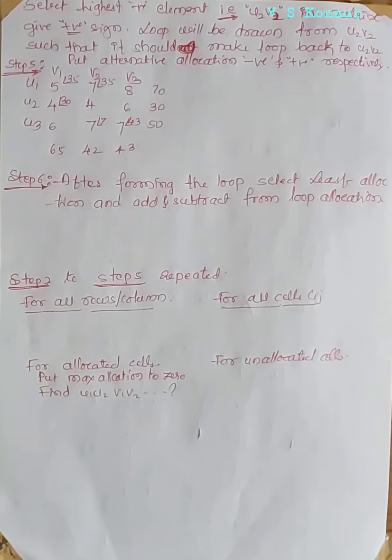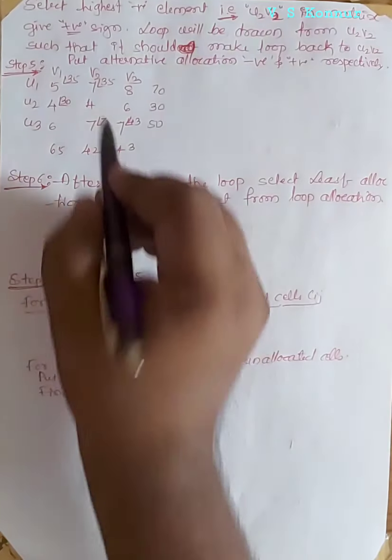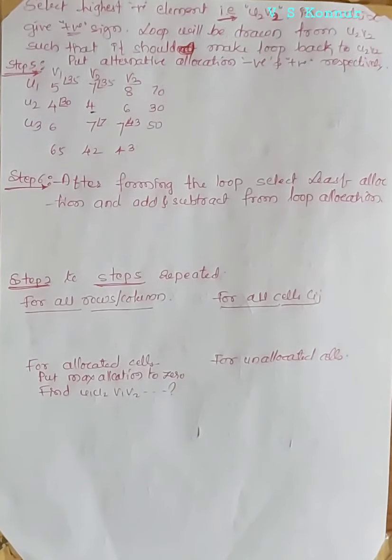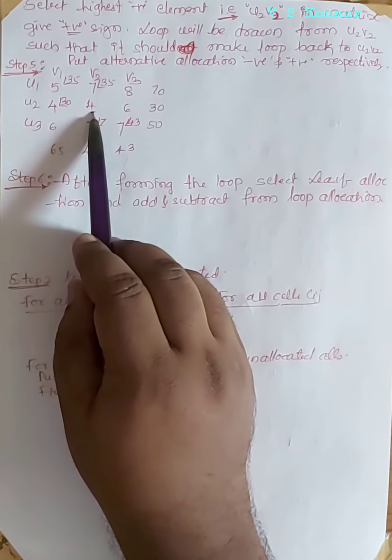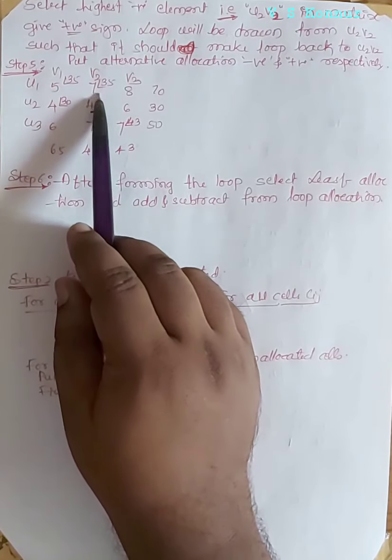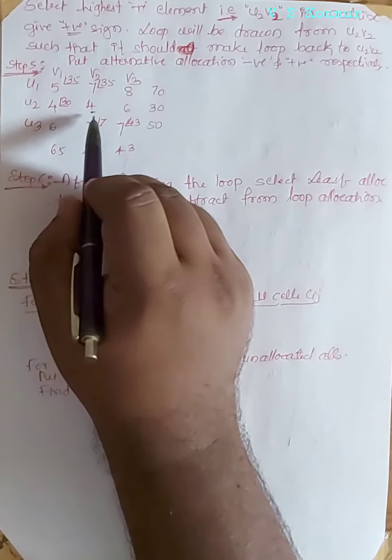Now we got all the values. Once again we will write these values. Already we calculated c22, so this is x22. For that x22 we have to draw the loop, because it is having the negative value. From x22 we have to start the loop. It is having alternative allocation cells. Alternatively, it should have allocation. Now I'll explain how to draw the loop.